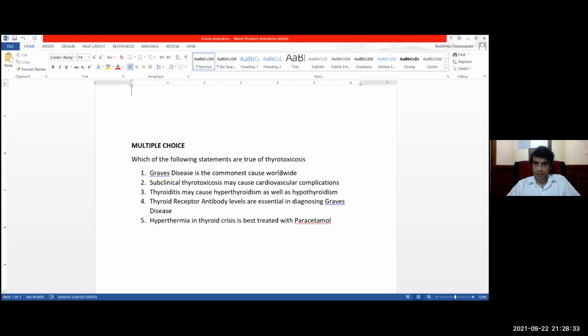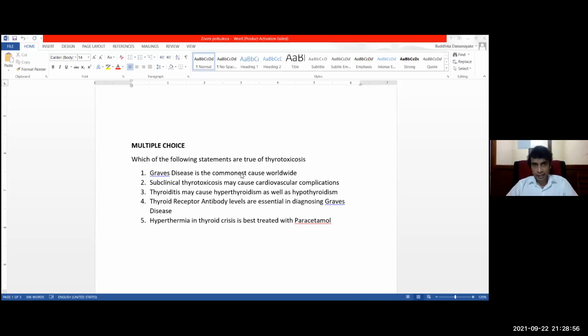Graves is the commonest cause worldwide, right? Then subclinical thyrotoxicosis may cause cardiovascular complications, right? So we'll go with the first one. Graves is indeed the commonest cause of thyrotoxicosis worldwide, right? In Sri Lanka,